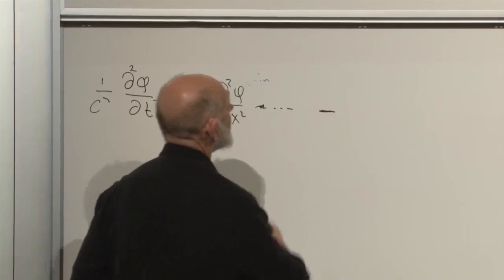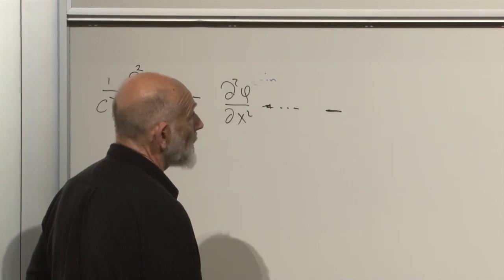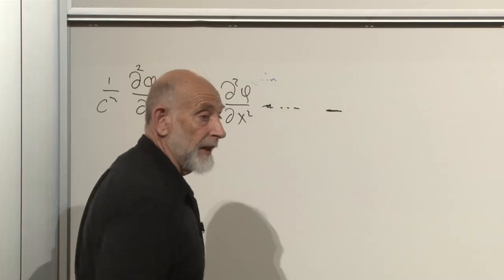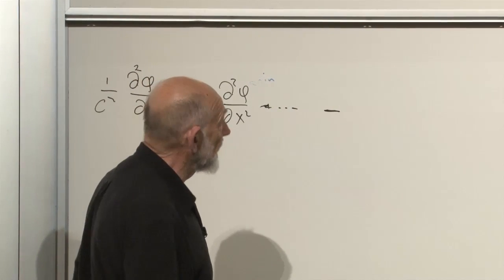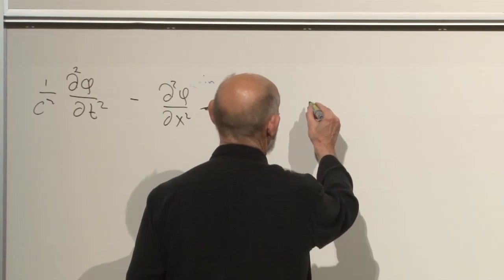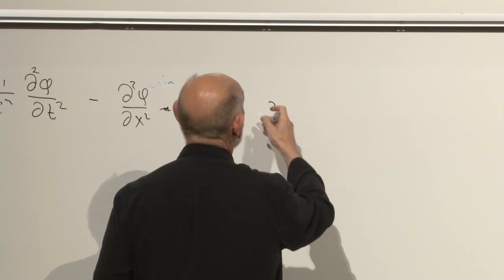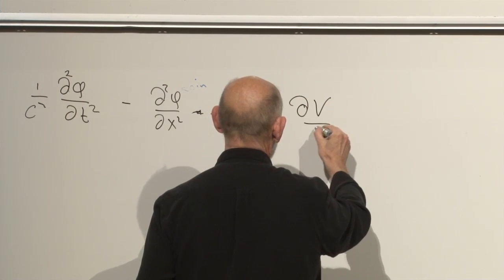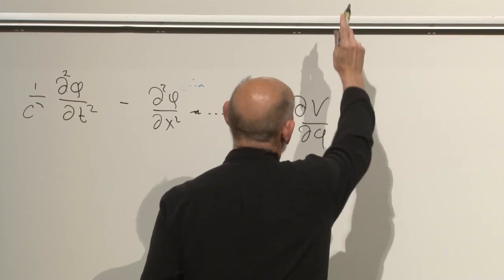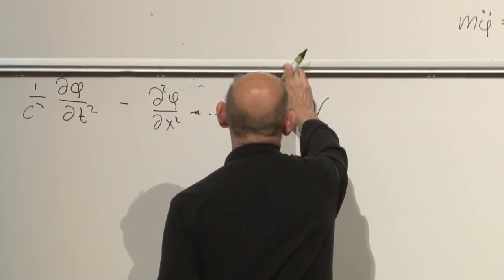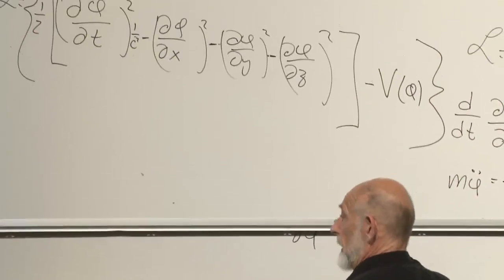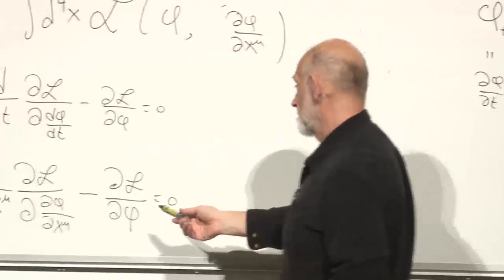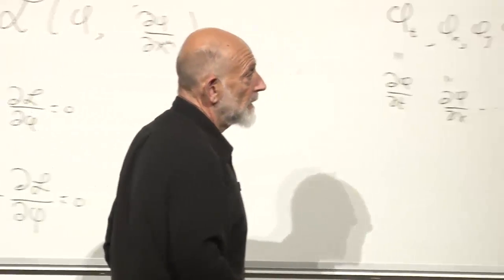And then minus dL by d phi. Minus derivative of the Lagrangian. Now, does the Lagrangian depend on phi? Sure it does, if there's a V of phi. If there is a V of phi, then we would have minus or plus dV by d phi. Two minus signs. One minus sign because the Lagrangian is minus V, and the other minus sign coming from here. Equals 0.